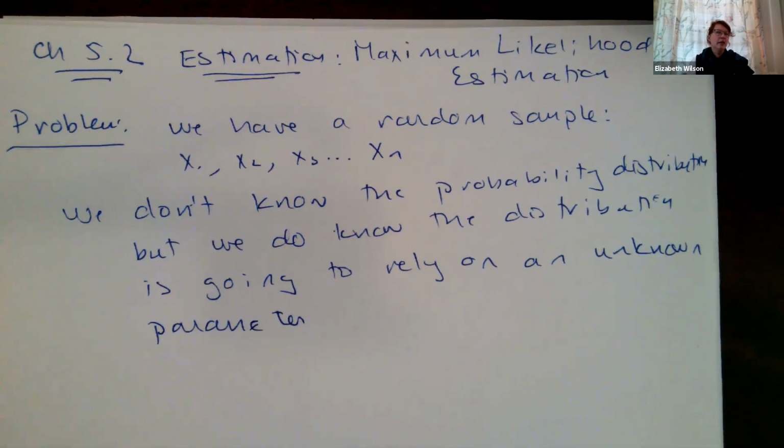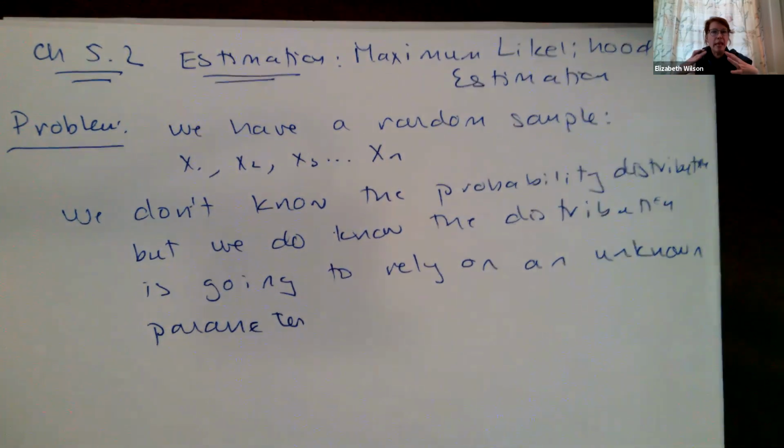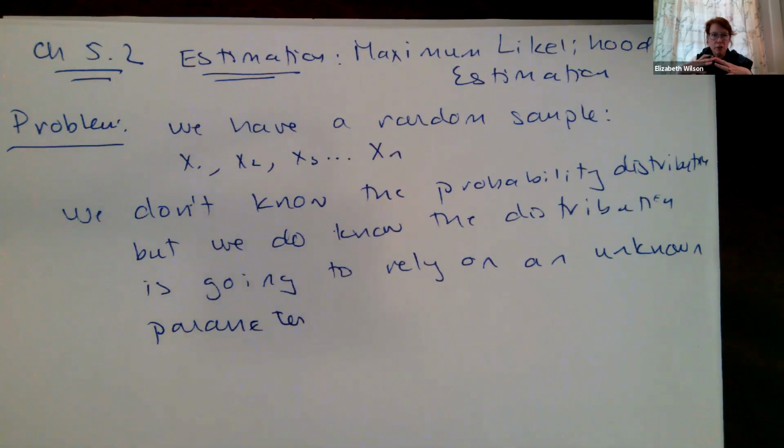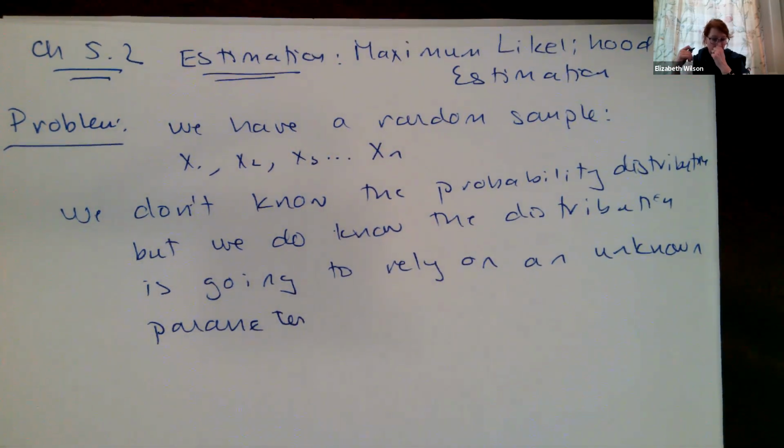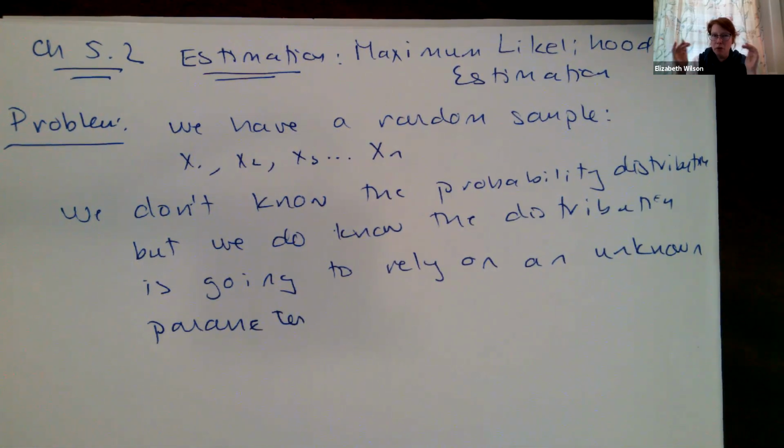Okay, so in the previous chapters, we gave you the probability density functions, and we said, okay, what's the mean? What's the expected value going to be? We had different methods for calculating that mean value, or even the variance of that value. But now we've got this random sample, and we don't know what the distribution is, but we want to be able to come up with what we think is a pretty good estimate of what that mean is